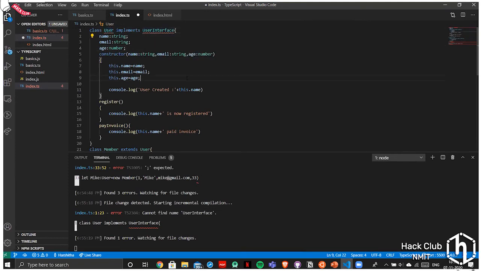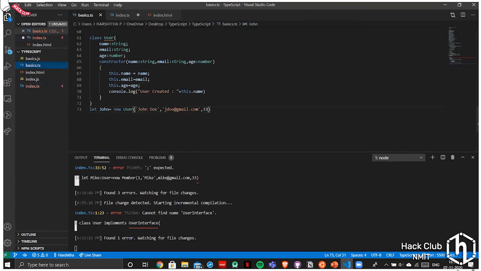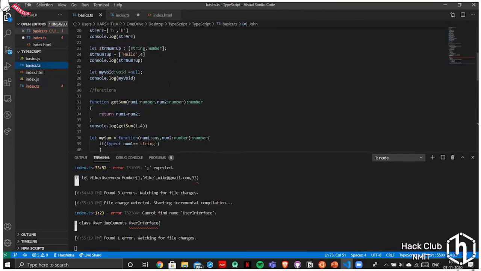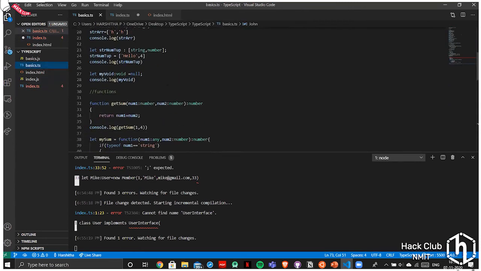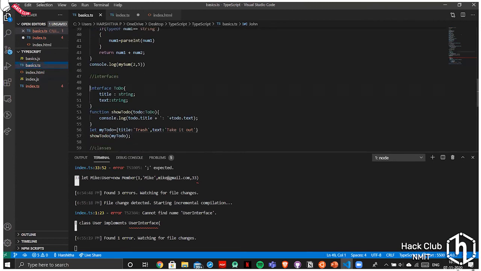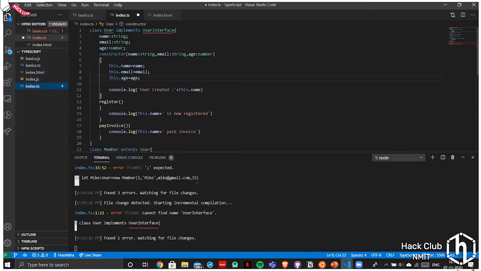So you don't have to do this separately. As we have done here, the interface is written separately, and then comes your stuff. But here you're implementing your interface inside your class. Simple as that.